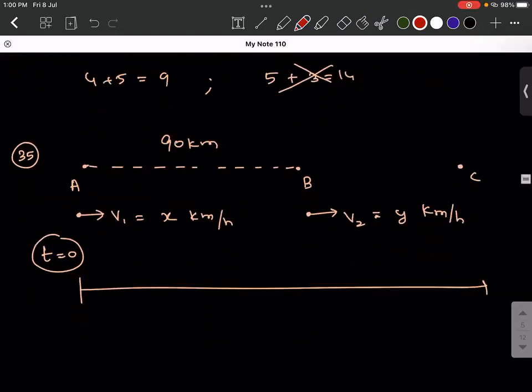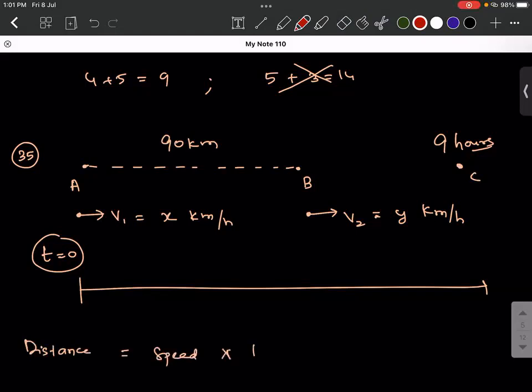Then A would have traveled how much distance? So let's say they both are meeting each other at time t, after 9 hours, that is what they gave. They meet each other after 9 hours. Correct? Now, from A to C, what would be the distance covered? Distance is equal to